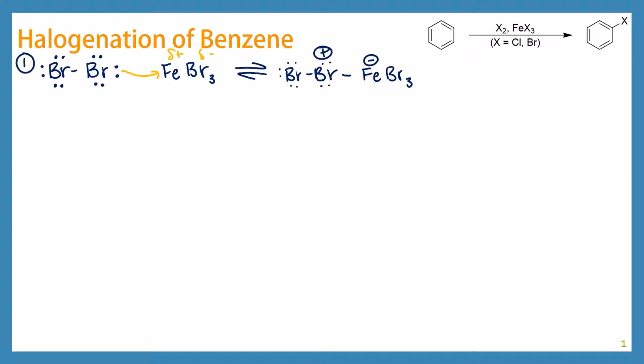Now, hopefully, something that you remember is that bromine is not exactly electropositive. It does not enjoy having a positive charge. Bromine is actually very electronegative. So bromine is not going to be particularly happy about this. So this is actually the identity of our electrophile. And when benzene comes in for step 2, and it sees this unstable molecule that we've just created,